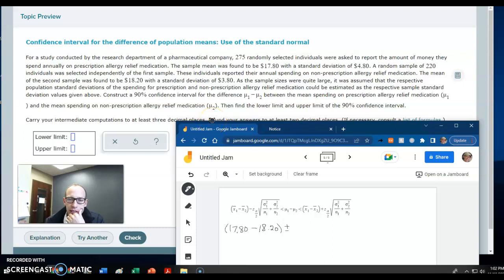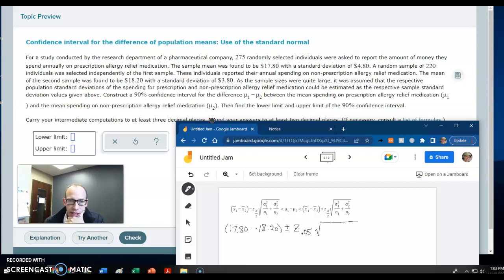That means we're going to take the z of our alpha level, which is the opposite of that. Our alpha level is 10%, and divided by 2 would give z 0.05. Again, alpha is always the opposite of your level of confidence because it's kind of like the level of error. And then we have this